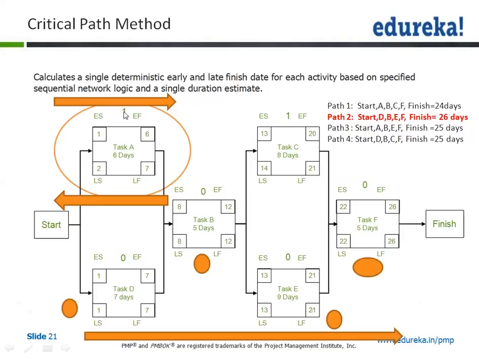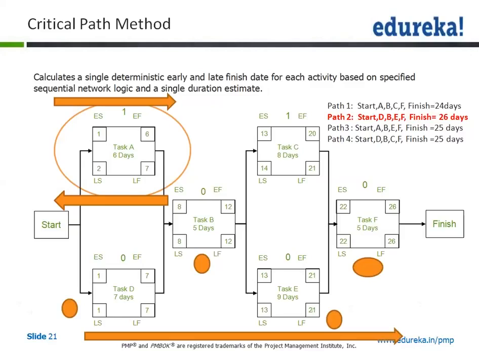So the 1 is mentioned here, which gives us an indication of the float available for this activity. That means that is the 1 day of time available for the purpose of scheduling certain things, or if you want to delay an activity or wait for something, this is the 1 day available to you as the float. So free float means the time an activity can be delayed without delaying the early start of the next activity. Okay, now you are getting the definition of free float.